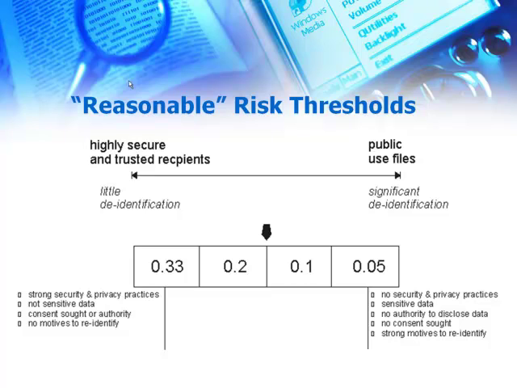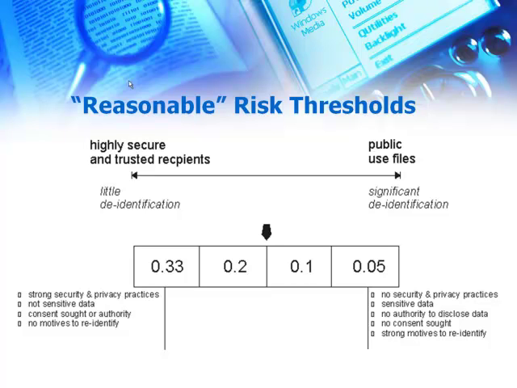When we looked at those precedents, we looked at the policies of ministries of health and national statistical offices and large data custodians here in the US. We came up with those four numbers, essentially what everybody was using. So you'd use a 0.33 risk for highly trusted transactions when you're releasing data to a trusted party that will sign a data sharing agreement, which includes a clause prohibiting re-identification, and they have good practices in place. And at the other extreme is 0.05, which is essentially your public data release.